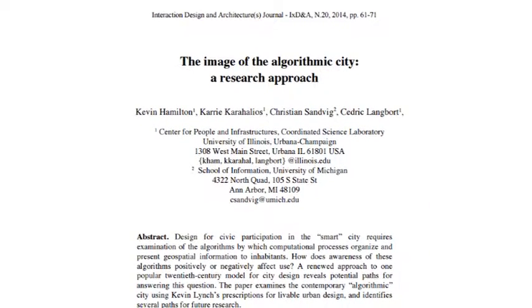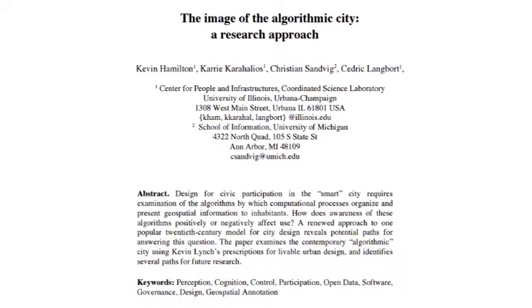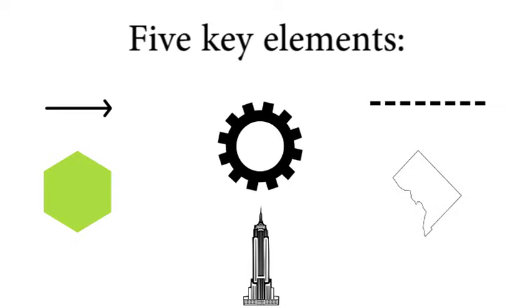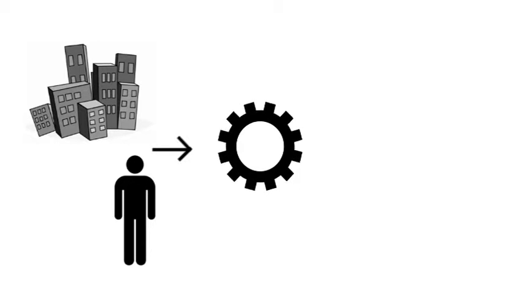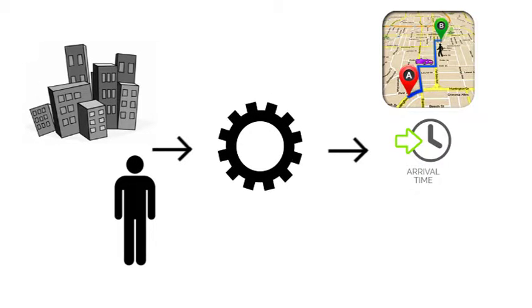I will now talk about a research approach to an algorithmic smart city. This study explores how an algorithmic smart city could theoretically be implemented. Kevin Lynch identifies 5 elements as being key to the way humans create mental maps of cities. Those 5 elements are paths, edges, nodes, districts, and landmarks. The study posits that these can also be used by algorithms. Such algorithms would be able to gather inputs and metrics about the city and the behavior of its inhabitants, in order to be able to produce such data as routes, destinations, travel times, and suggested places, just to name a few. The goal would be to increase the convenience and ease of living.